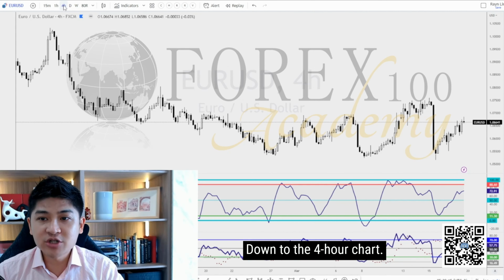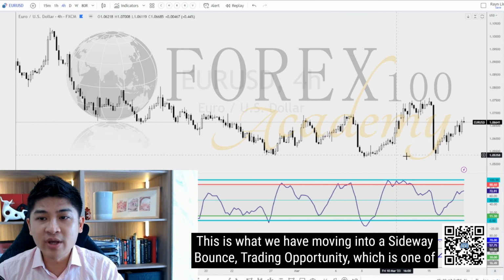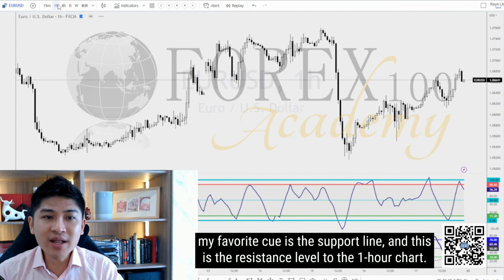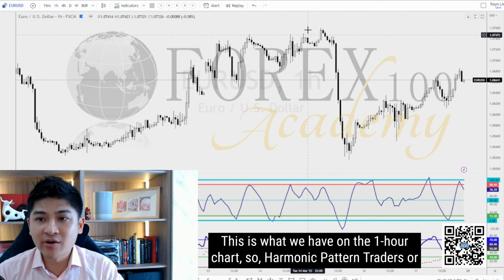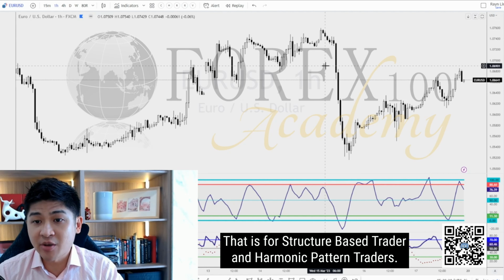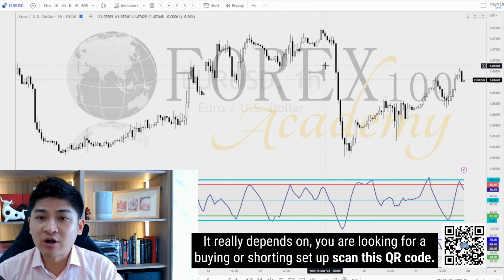Down to the 4-hour chart, this is what we have, moving into a sideways bounce trading opportunity, which is one of my favorite. Here is the support line and this is the resistance level. To the 1-hour chart, this is what we have on the 1-hour chart. So harmonic pattern traders or structure traders can wait for a trading opportunity somewhere around 1.0690. That is for structure based traders, and for harmonic pattern traders, it really depends on whether you are looking for a buying